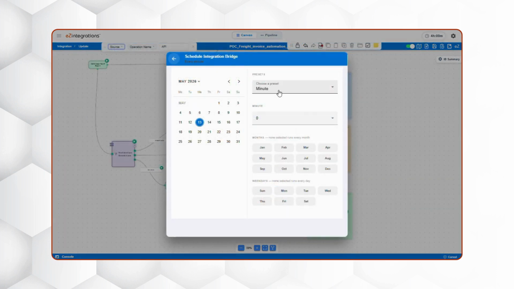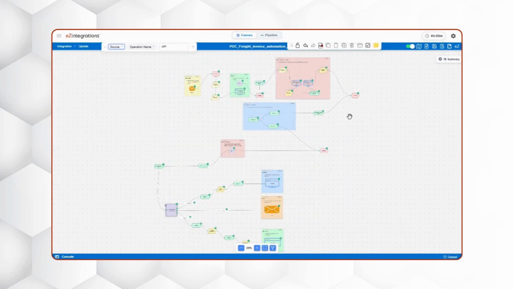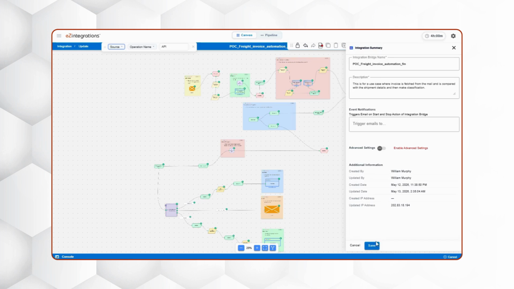Once the workflow is configured, it can be scheduled to run automatically daily, weekly, or at any preferred interval, eliminating the need for manual execution. To complete the setup, we navigate to IB Summary, enter the flow name and description, and save the integration as